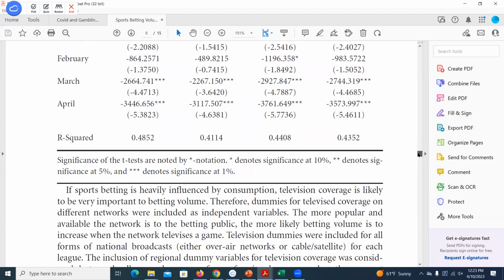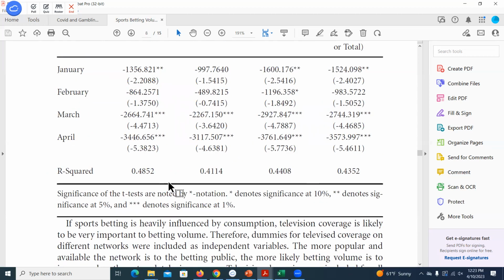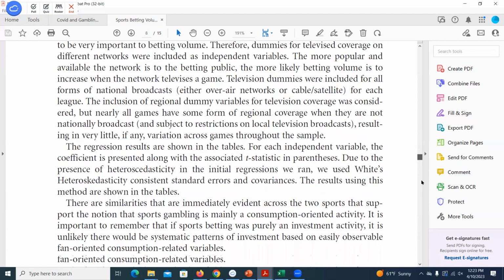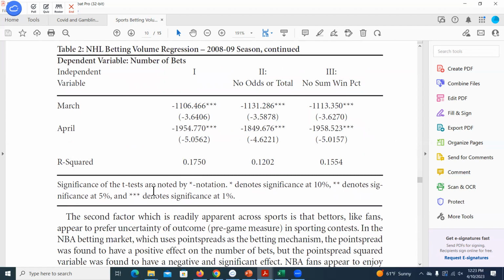NBA, they can explain much more of the variation, which might be one of the reasons why in the NHL results we don't see as much significance, right? There are still a lot more other things explaining the variation in betting behavior in the NHL than in the NBA. That higher R squared tells us our control variables, all those right-hand side variables whose coefficients we can see, explained almost 50% of the variation in how much was bet in the game. As for the NHL, we tried to include all those same additional control variables, and we can only account for about 17% of the variation. So there's a lot more that we can't explain, okay?